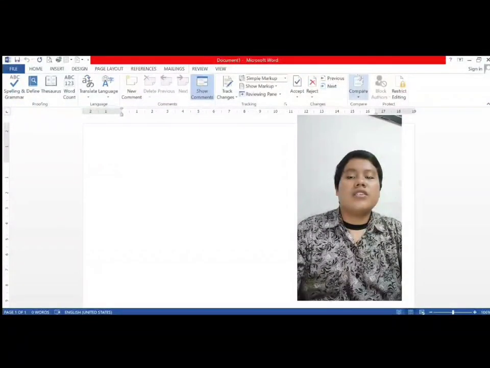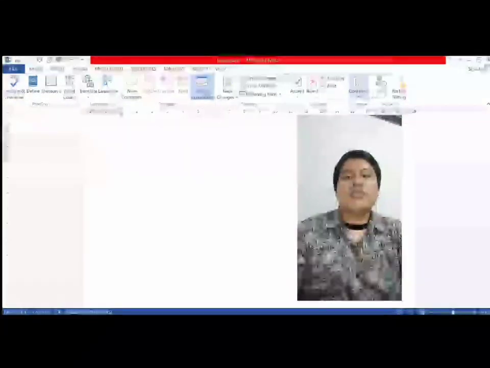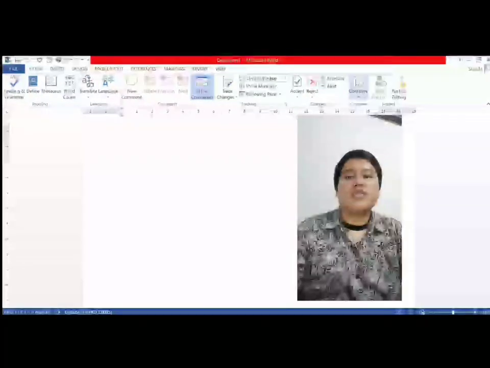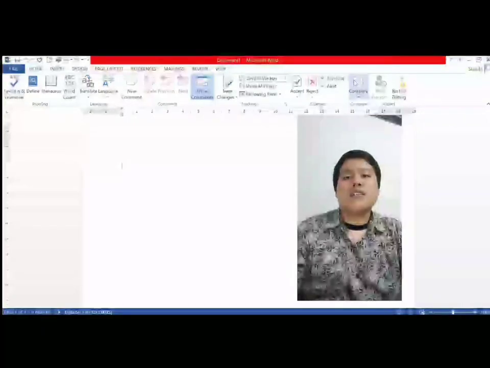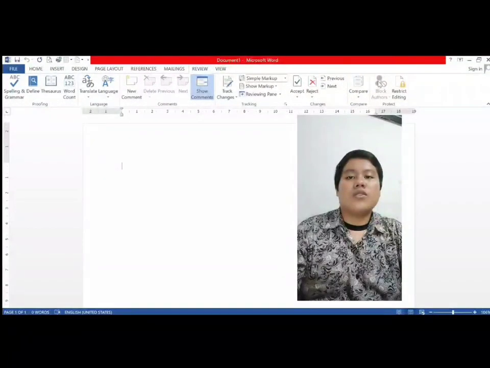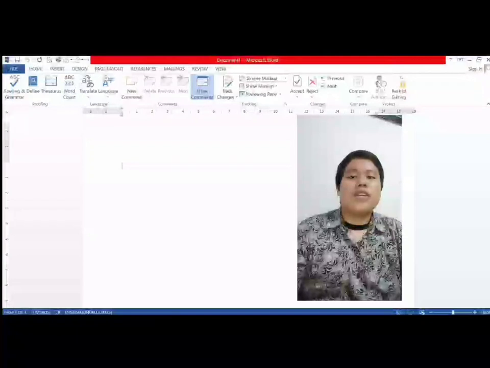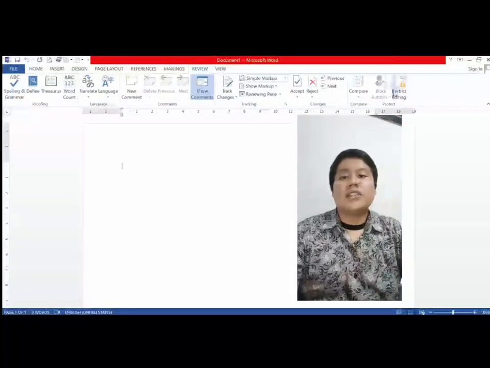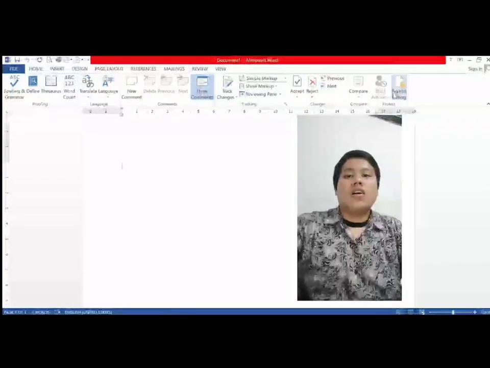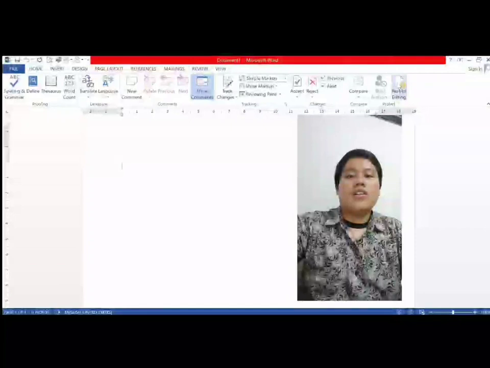Next icon, update index, is a function to update the index so that all the entries refer to the correct page number. Mark citation icon is a function to add selected text as a citation of authorities.